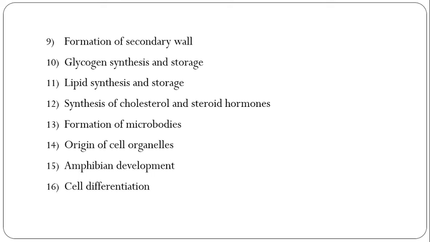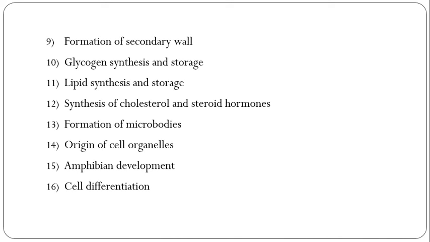So in liver cells the smooth ER is believed to be concerned with both the synthesis and storage of cholesterol. All the experiments prove that. So, in the male testes, ovaries, and the adrenal cortex, the smooth ER has a role in the synthesis of steroid hormones. First, the experiment for cholesterol proved that in liver cells, the smooth ER is concerned with both the synthesis and storage of cholesterol.